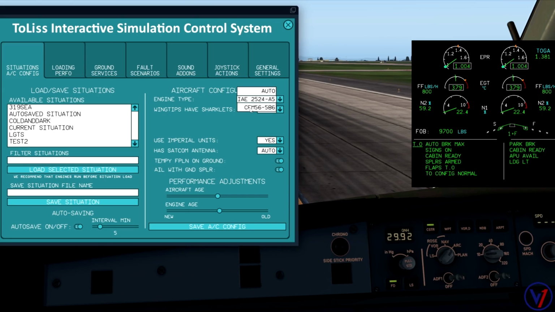Alright, so just before we get underway here with our flight tests, I wanted to show you guys the options to swap engines in the Toliss. And I said before that you're actually changing the internals of the aircraft, and this is going to demonstrate that here. I'm going to toggle between the IAE and the CFM56, and you'll notice the different idle parameters, the different